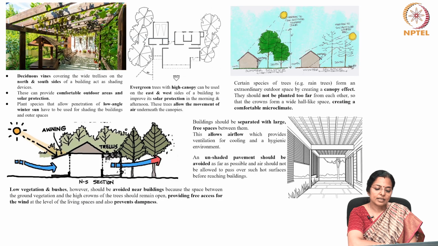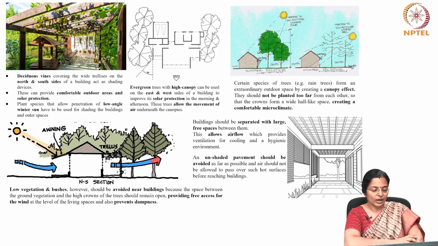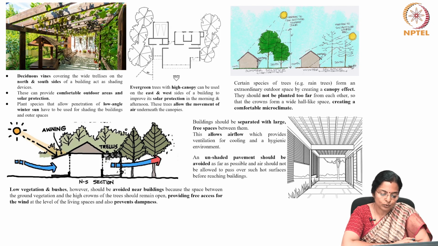Deciduous vines covering the wide trellis on the north and south side of a building act as shading devices. These can provide comfortable outdoor areas and solar protection. Plant species that allow penetration of low angle winter sun have to be used for shading the building and its